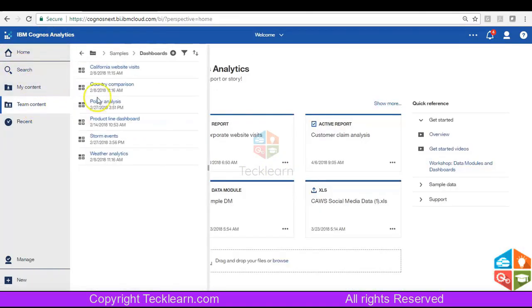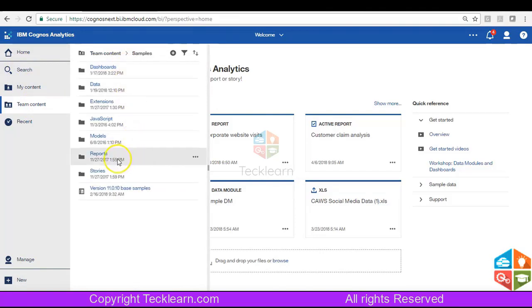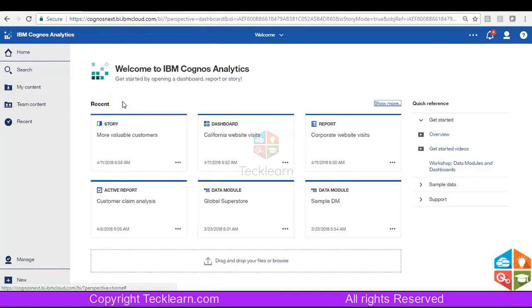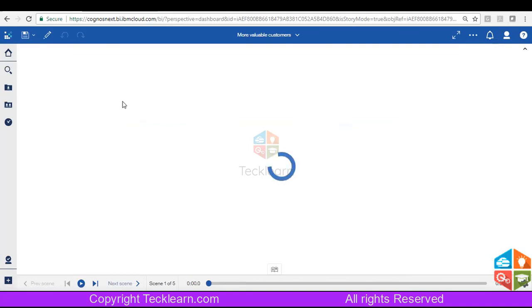So let me also show you a sample story. A story, as I said, is more for presentational purposes. You can have a guided journey or a slideshow. But the main concept of a story is that you are going to present your requirements. When you have a non-technical customer where you need to add a lot of description or emotion to your requirements, it is like how you tell a story from a start to an end. That is how you represent your reporting requirements, in the form of a story.